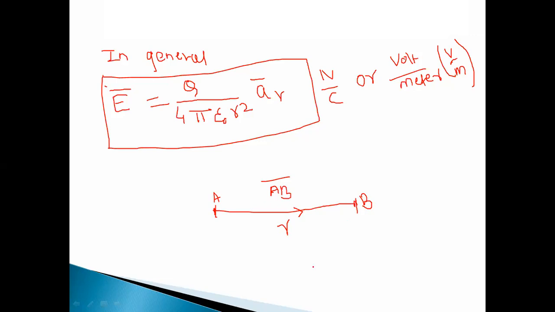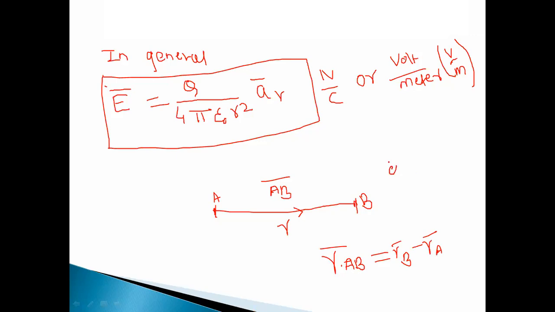If I want to write the distance as a vector quantity, we measure it as end point minus start point. We are finding this vector. Then I can write it as R bar AB, right? R bar AB means what? It is nothing but R bar B minus R bar A.